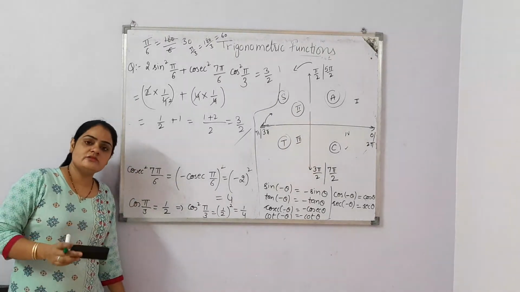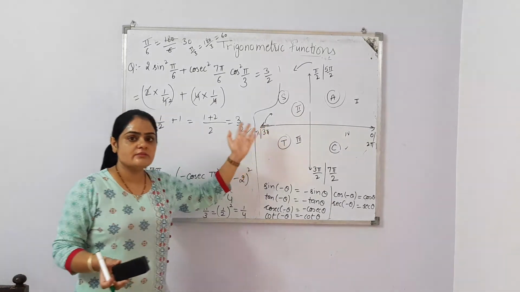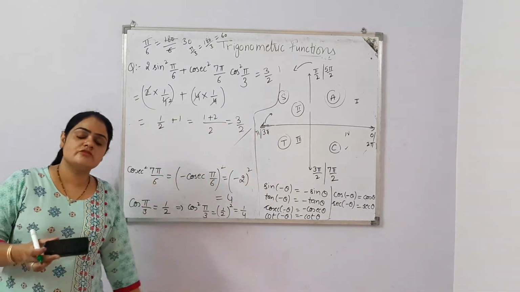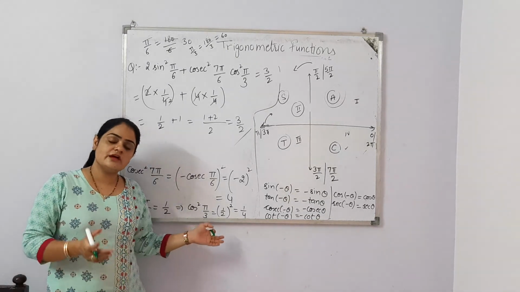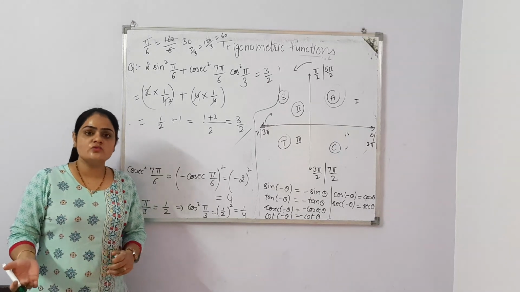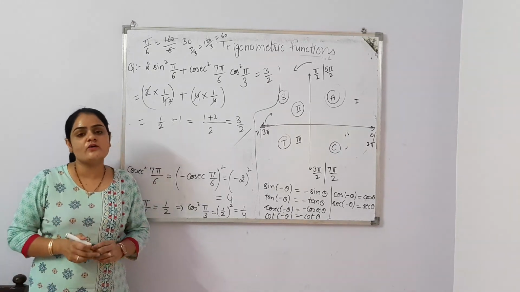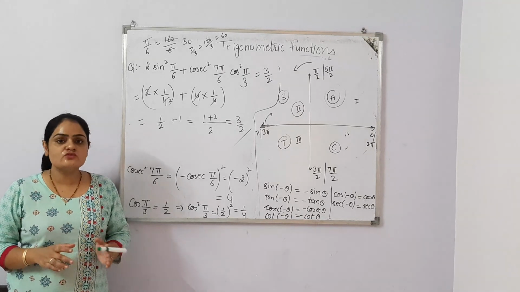This is a rotation-based question. That means in which quadrant the angle is coming and how we have to take the negative or positive sign accordingly. So we learned in the previous video as well as in this video how to change the angles, how to rotate the angles in quadrants, and how we can get the value. So I am sending one assignment based on these two videos.